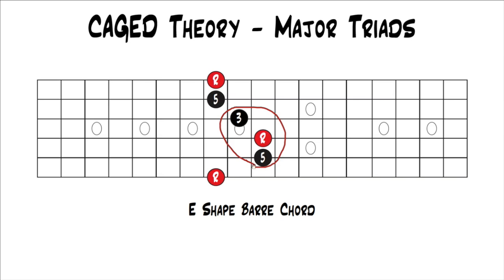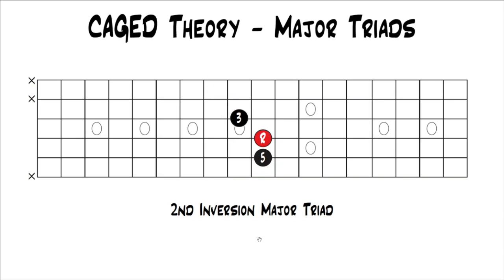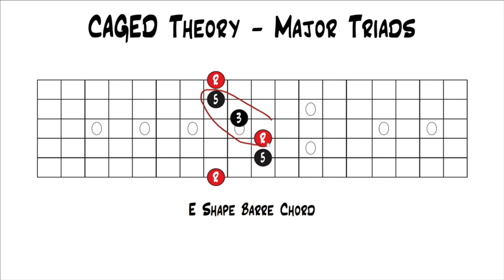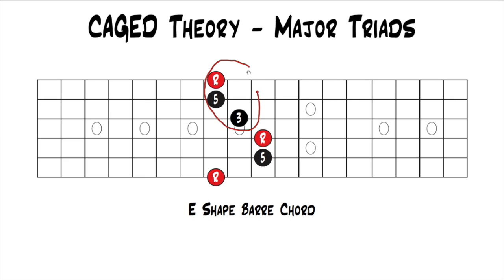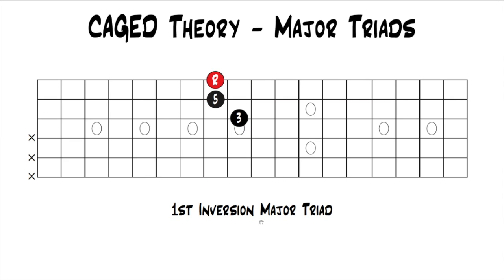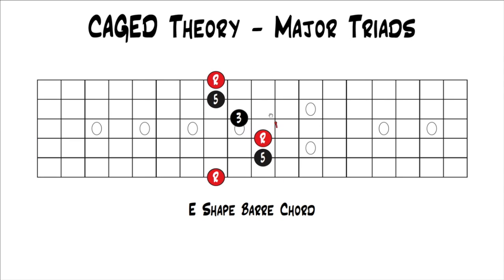Now we're on to the E shape bar chord, and you have one starting right here, which hopefully you can see is second inversion. One right here, which is root position. And one right here, which is first inversion. So within this E shape, you have one right here,